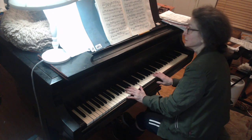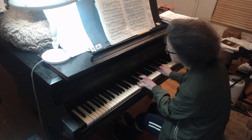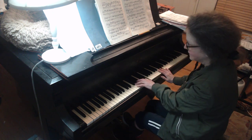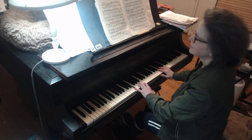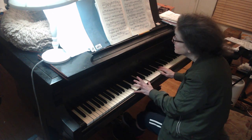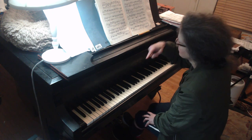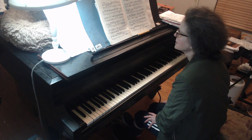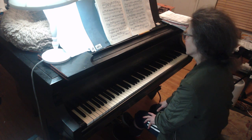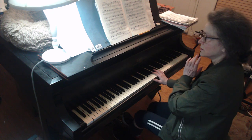Resolve. Now the sequence higher. And it falls back down. Now what I do here, you heard two sequences, one sequence of what I played first and then a sequence. What I do here is I have a lot of common tones again, so I go